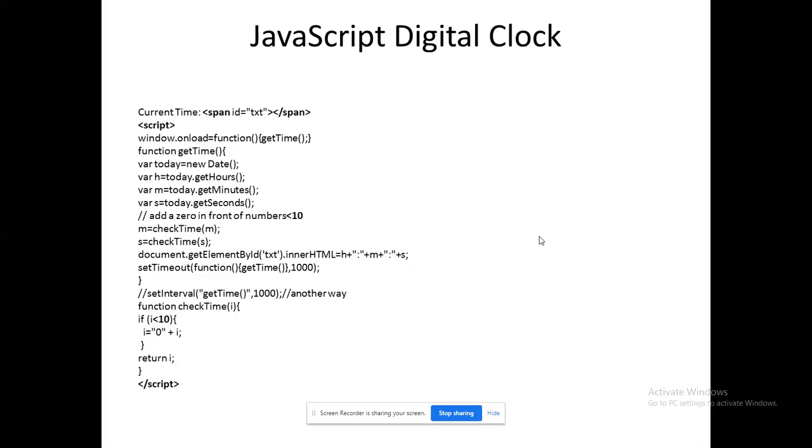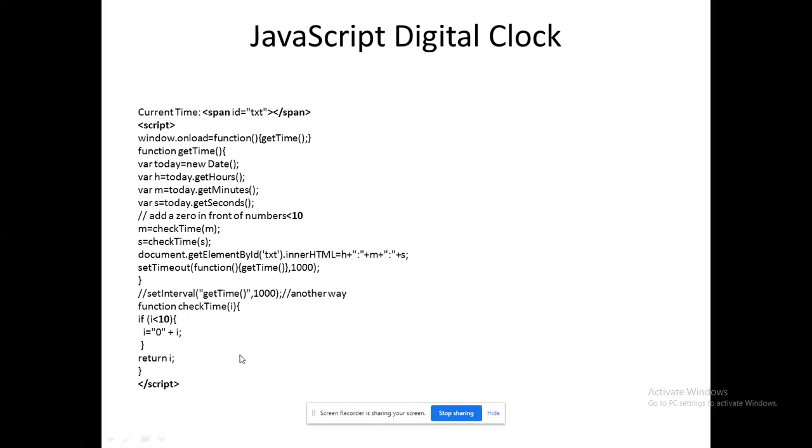So this is a simple program that will display a digital clock. Normally the hour, minutes, seconds will be displayed as they are, so single digits will come as single digits, for example less than 10. In that case, I want to prefix 0 with it, so I have to write my own logic. If the value is less than 10, 0 will be appended to the display. Remember a point: whatever I combine with a string, the result will also be a string. That's why 0 is added as a string in the logic. You can check that if i is less than 10, 0 will be added.